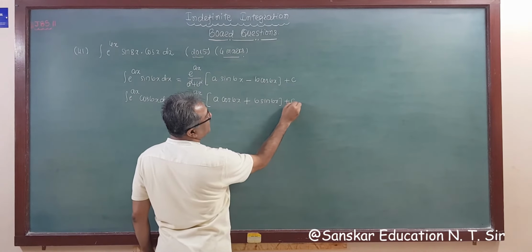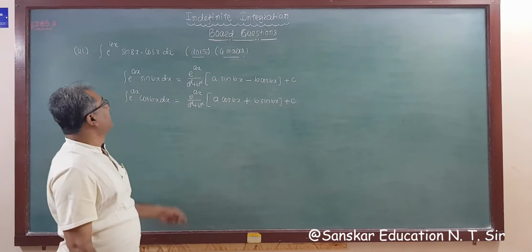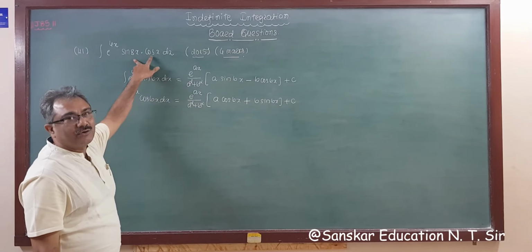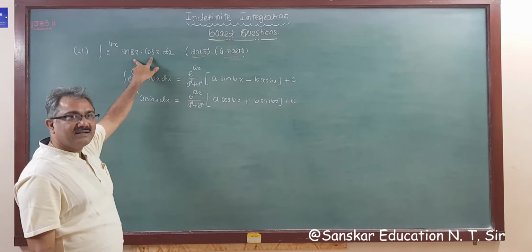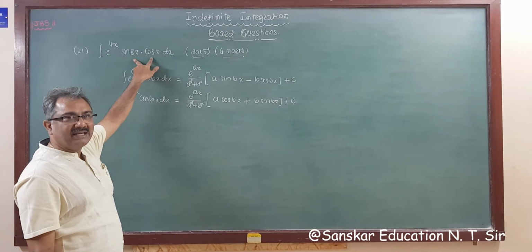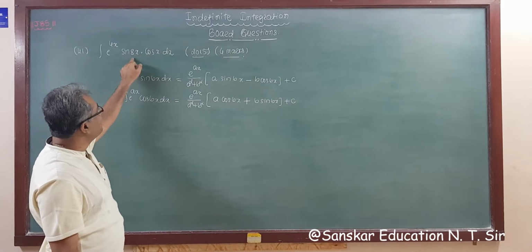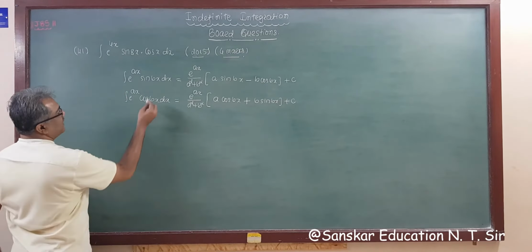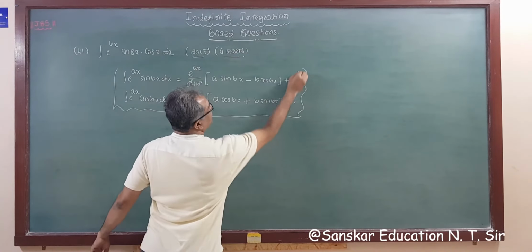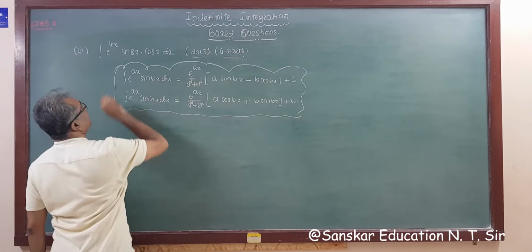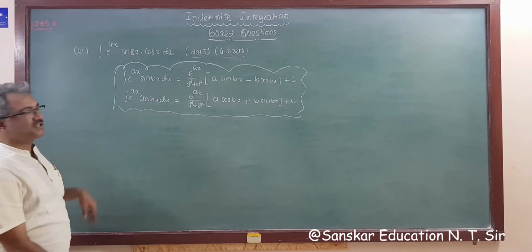This formula is applicable, but here both sin and cos functions are given. Means you have to apply the trigonometric formula 2 sin a cos b, because sin has the big angle. So applying the 2 sin a cos b formula, and then we apply this formula to get our answer. So it's a nice question, right?